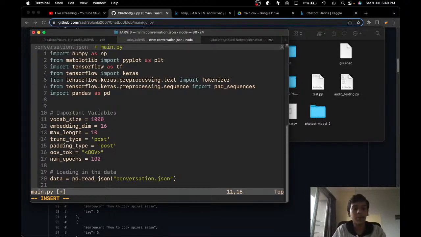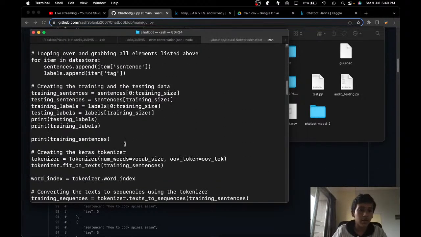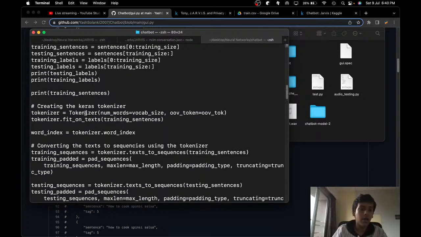We can just set the vocab size to 1000. You can set it to whatever you want. Now this should depend on the dataset that you're using. If you're using a larger one, just choose a larger size. Alright, so that's that. Then we are just creating the training and the testing sentences, and then we are having